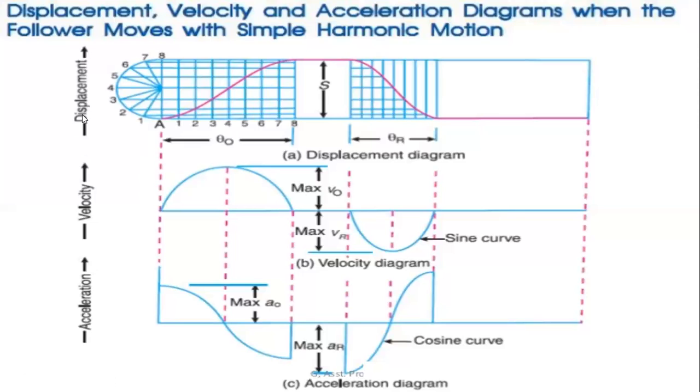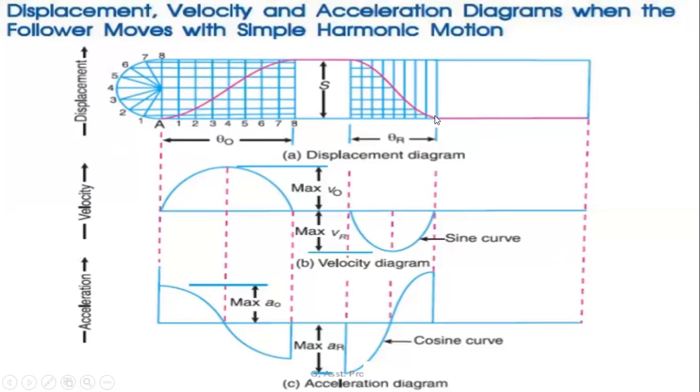So next we have to draw the simple straight line for the dwell period. For the dwell period, just joining a straight line is enough. Next we have to draw the retardation line, that is the return stroke line, theta of R. The procedure we have taken in the outstroke, the same procedure we have to take in the return stroke also.